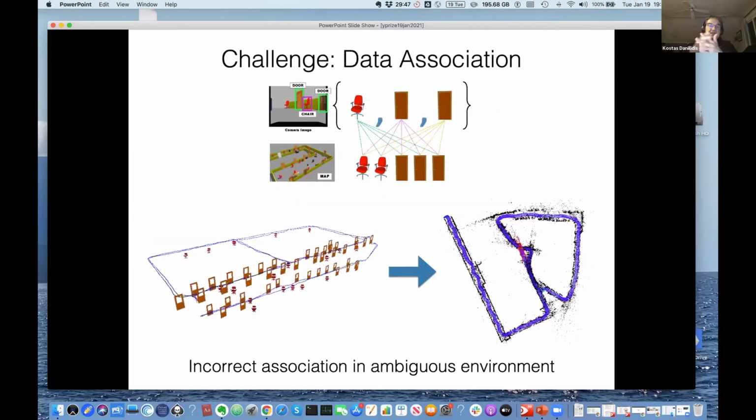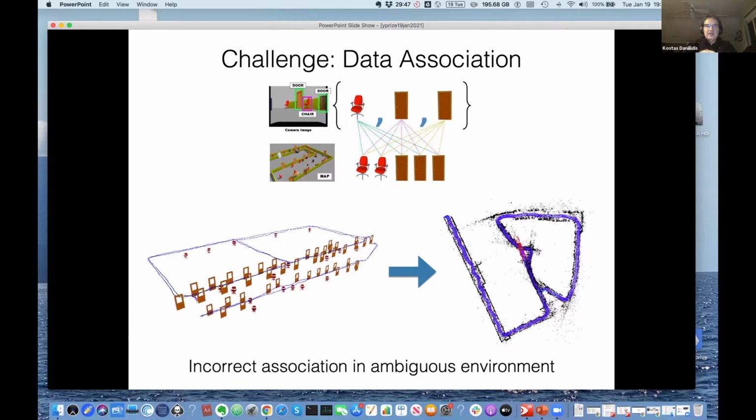The problem, though, is that we recognize that there is a car, but we don't recognize the particular instance or the particular ID of the car. So we really have a problem of data association. When we have multiple doors, like here on the upper left, or multiple chairs, and we take a camera image, and then we have a map of those, we don't really know which chair corresponds to which one. So we have really a combinatorial matching problem.